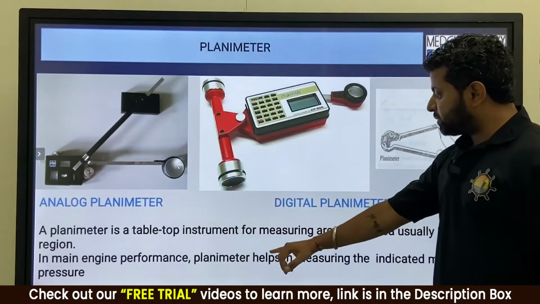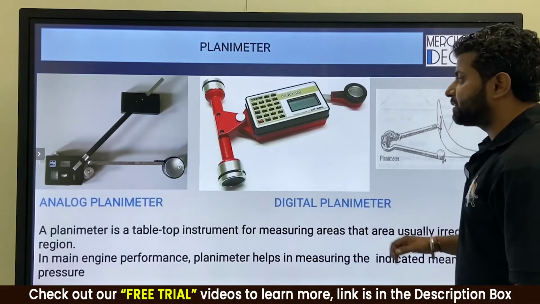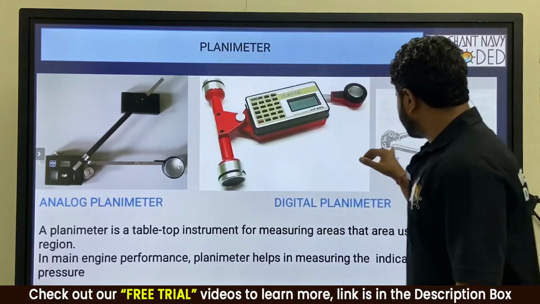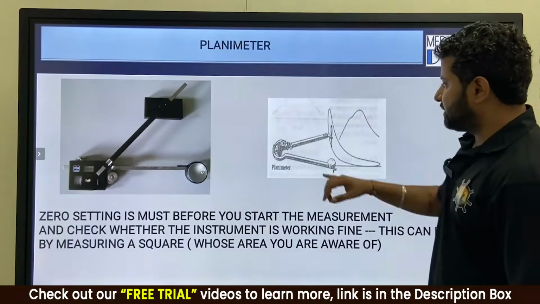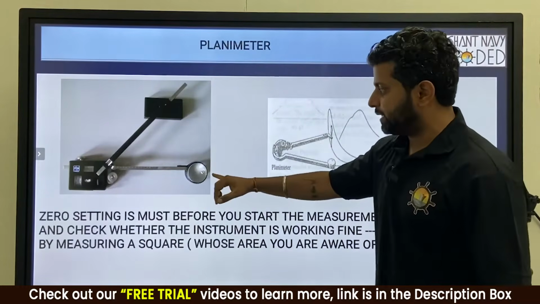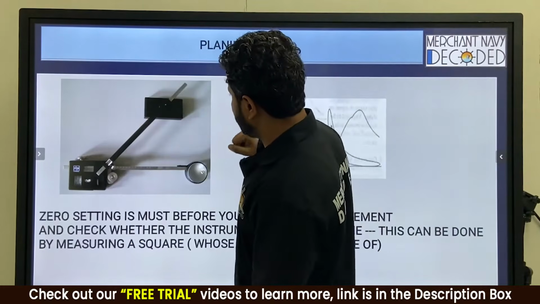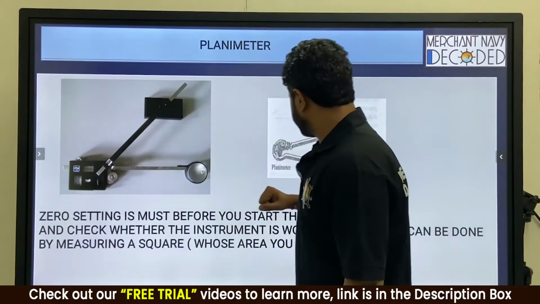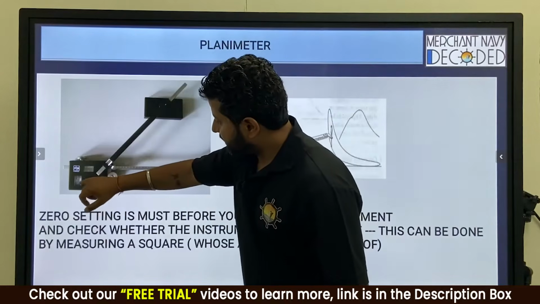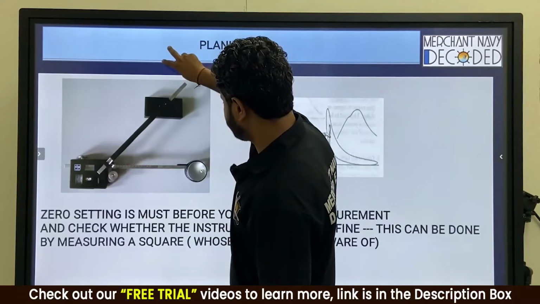In main engine performance, the planimeter helps in measuring the indicated mean pressure. So we will be discussing that in detail later. अभी बस इतना दिखा सकता हूँ कि see, this is your planimeter. Like we do zero setting for every equipment, we have to do zero setting of a planimeter. So in this planimeter, let me show you over here. Can you see this region over here?